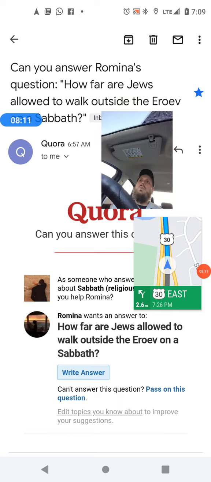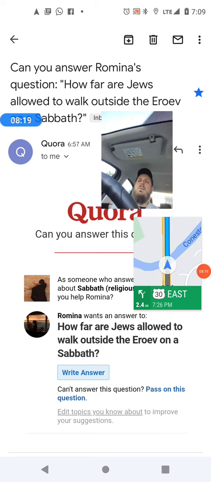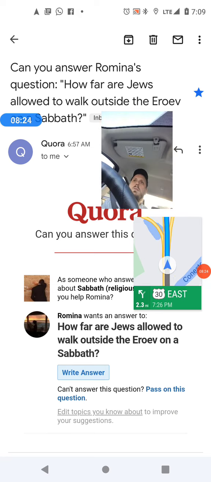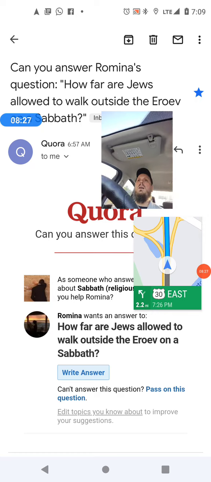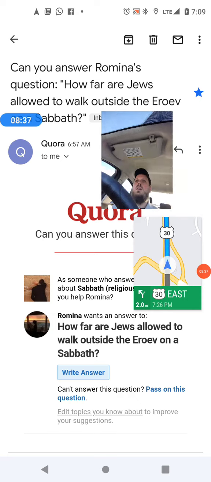So within that eruv, you can carry items. Outside of the eruv, you cannot carry items unless it's for a life or death issue or certain other things. You wear your clothes, so things that are considered clothing you can wear, but you can't carry something in your pocket. You certainly can't carry something in your hand. There are some who say carrying in the pocket, depending on the type of pocket and how it's attached to the garment, could be okay. So anyway,